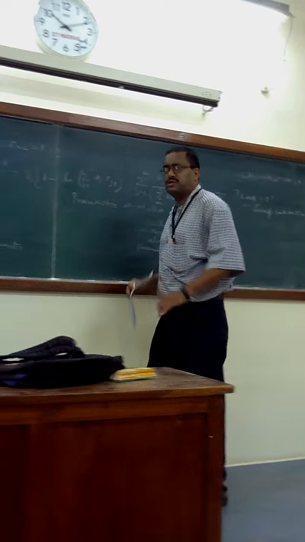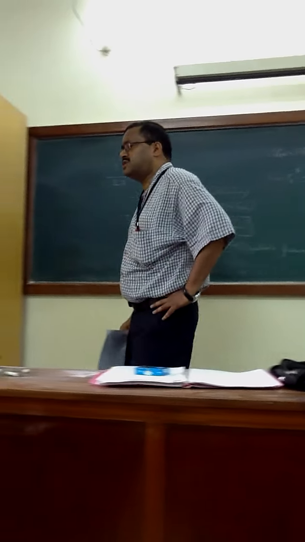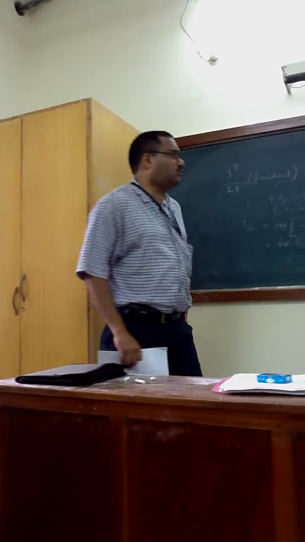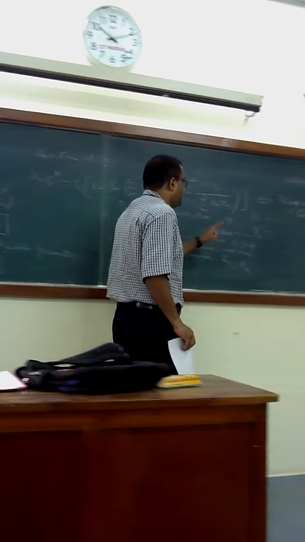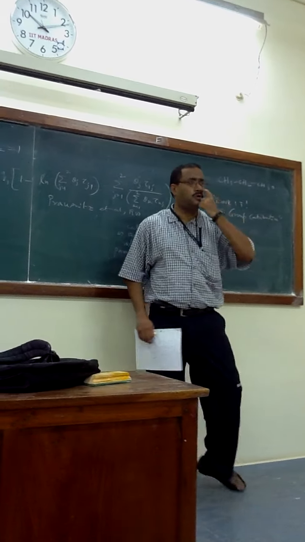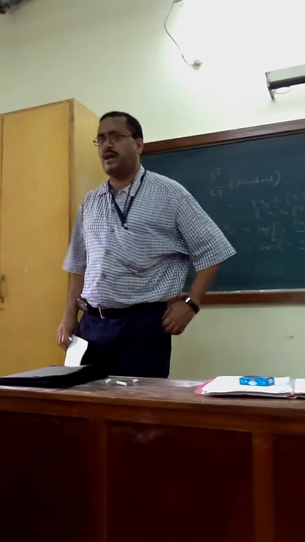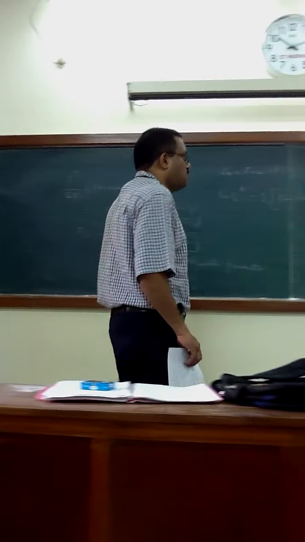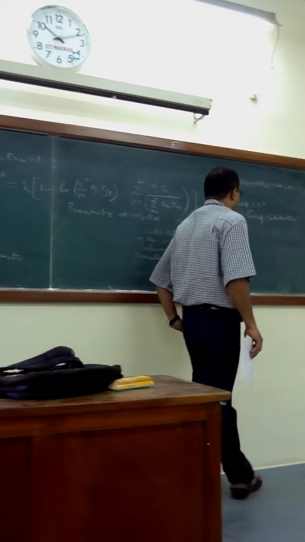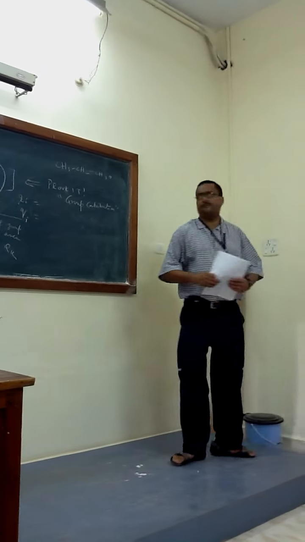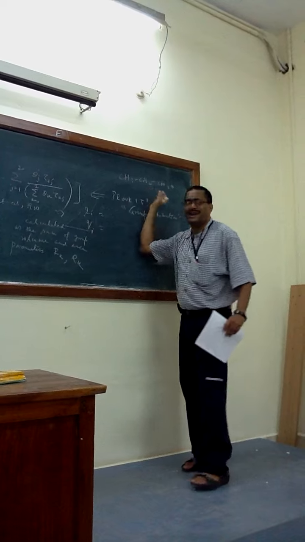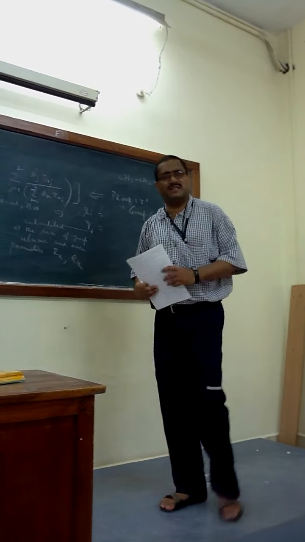Something called group contribution. So you have CH3, CH2, all these chains will be there. Each chain should be having R. So R of CH3 will be different from R of CH2, different from R of CH3O. Similarly, for the Q parameter, Q of CH3, Q of CH2, Q of CH3O, they are not the same. But for this compound, if I want to calculate Ri, there is a formula based on the structure